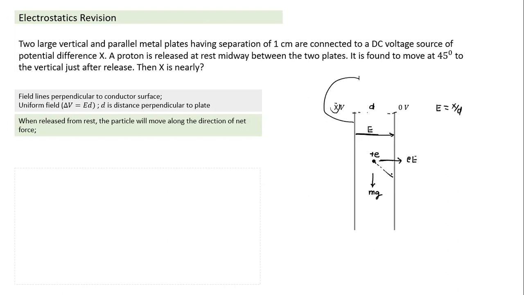If it is moving in initial motion, instantaneous motion is like this, it only implies the resultant force is 45 degrees from the vertical. If the resultant force is at 45 degrees, quite naturally, the two forces are mutually perpendicular and their magnitudes are equal. So what is the equation I have formed here? mg has to be equal to qE. Directions are irrelevant. The direction part we have already taken care of. In terms of magnitude, that's the equation.